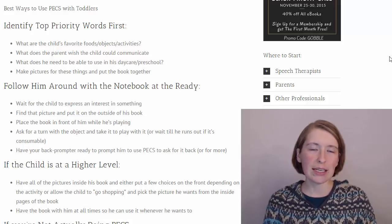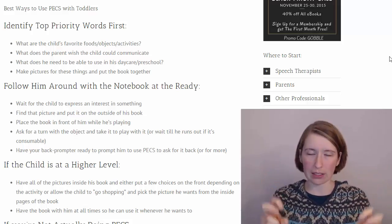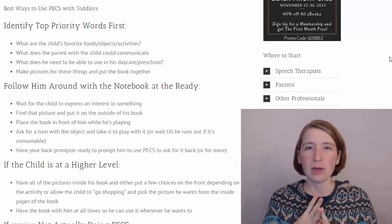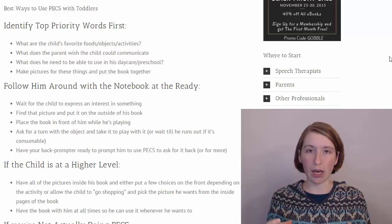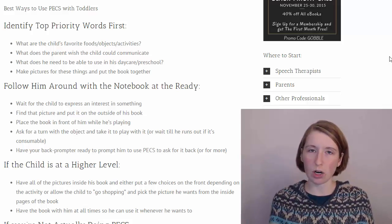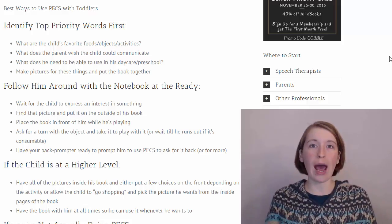So it's a key distinction to make that if you are using PECS and you're saying we're doing PECS, then you have to have gone through the PECS training, you have to be certified to use PECS, and you have to be using it exactly the way they prescribe it, which is where you have one person as the communication partner and one person behind the child prompting them through the steps. You move through a very prescribed order. You have to do it exactly the way they say you need to do it